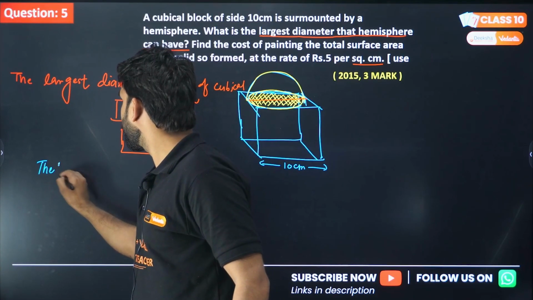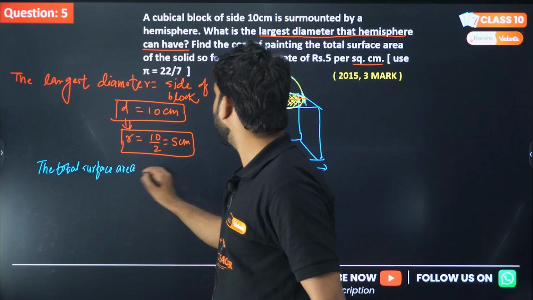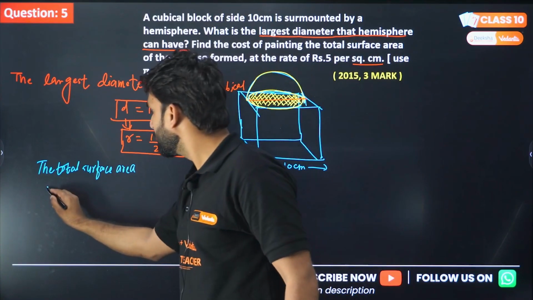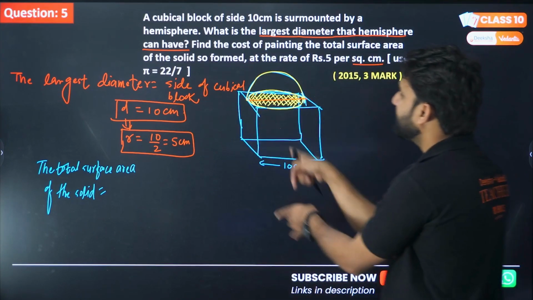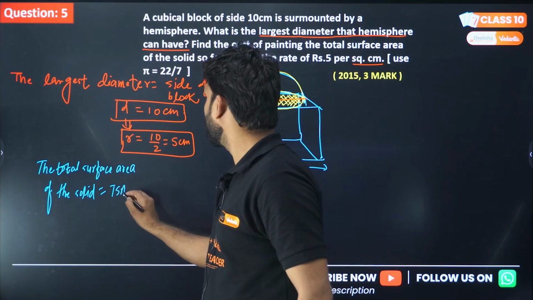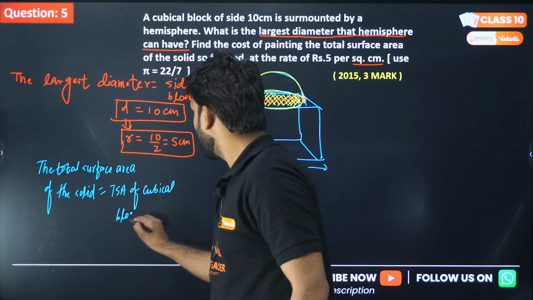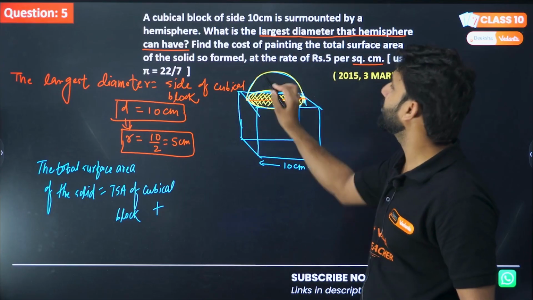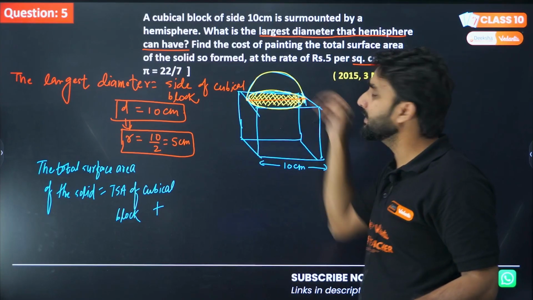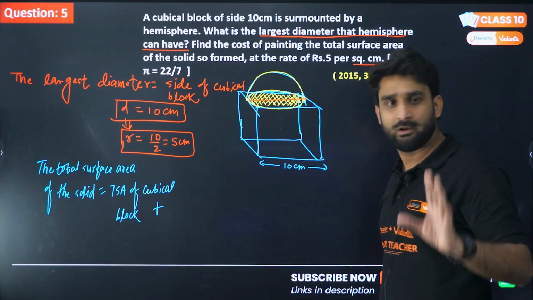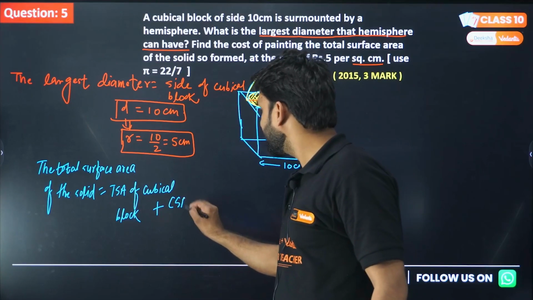the total surface area of the solid will be what? The total surface area, TSA, of cubicle block plus this hemispherical dome. The circular portion is already hidden inside, so we will not be considering the circular portion. We'll be considering only curved surface area. Yes, that curved surface area will also be painted, right? So curved surface area of hemisphere